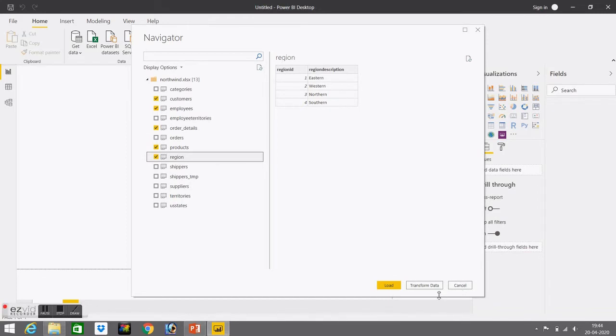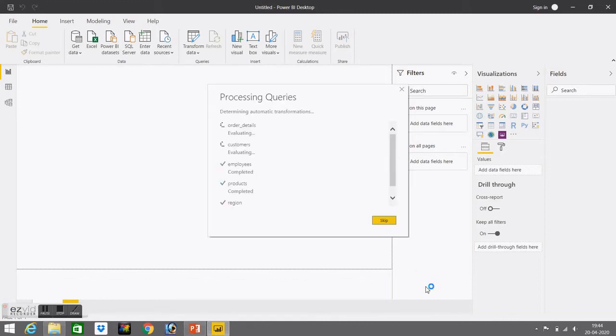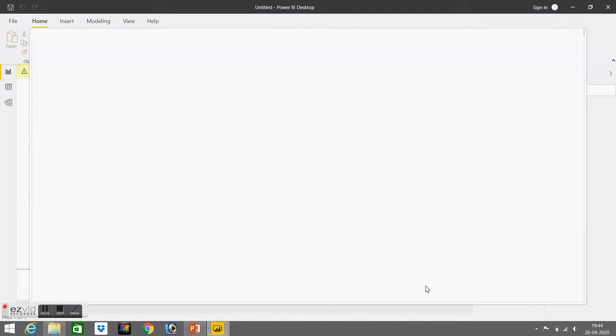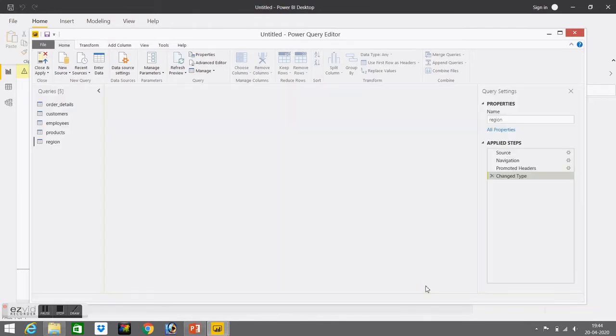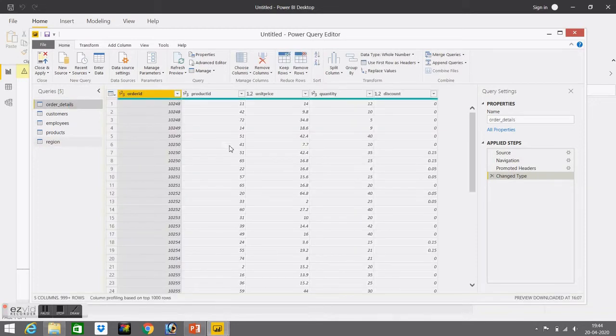This Transform Data is actually edit data, and then load. We are going to transform data first. That means we are going to edit data first. This is the Power Query Editor.